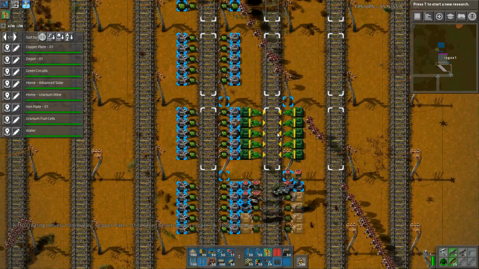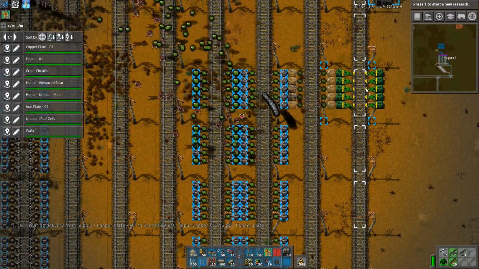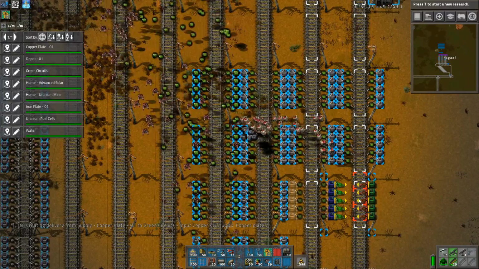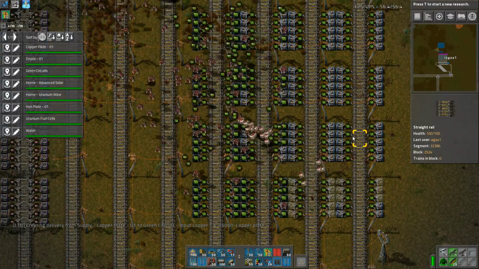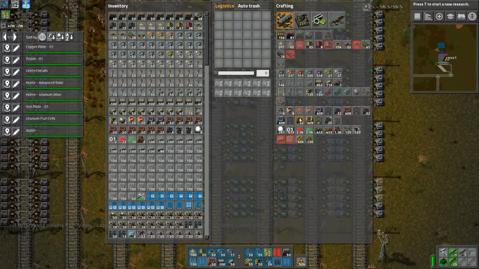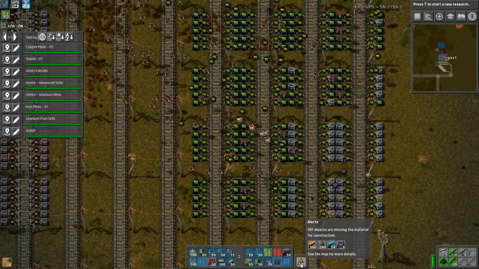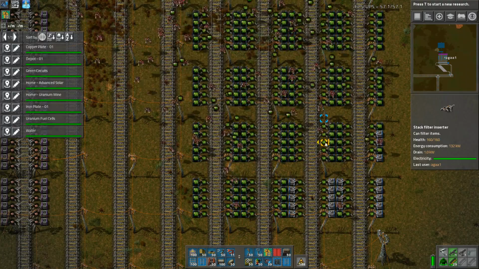Let's go ahead and do all of them. Let's do all the stations. Let's do all the requesters for all the stations anyway. If they fill up and we don't use that station, then they'll just be sitting there, but that's fine. Oh, out of these little guys, are we? Done. Okay, so